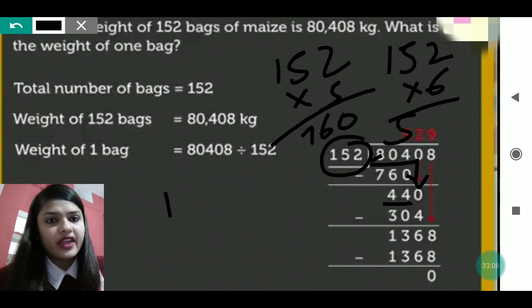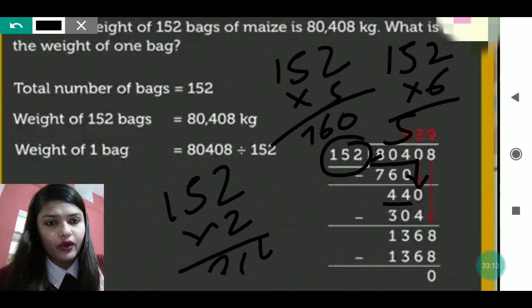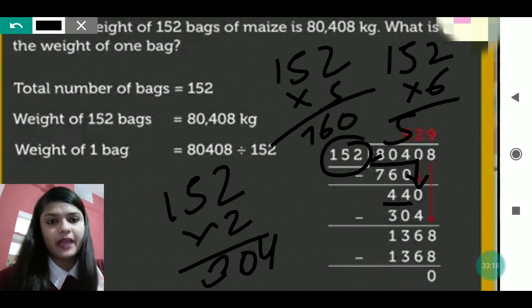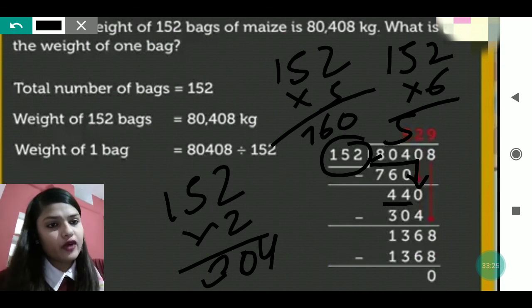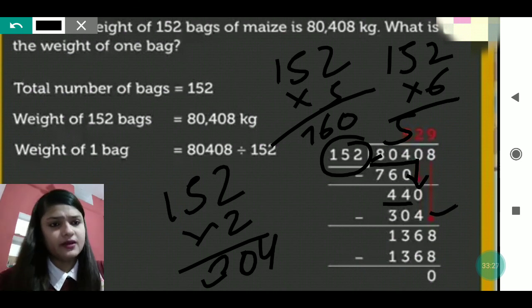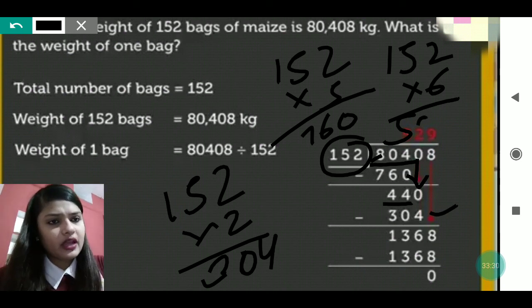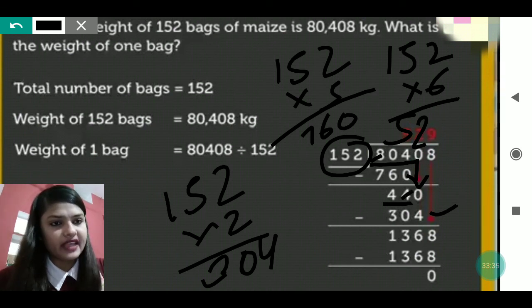When you read the table of 152 two times, you will get 304. When you go further, 3 times, you will get more than 440. So you have to multiply it by 2 times only. So that 304 you will write just below 440, and you will write 2 in the quotient column and subtract. 0 minus 4 is not possible. It will take one carry. It will be 10 minus 4, which is 6. Now here 3 minus 0 will be 3 and 4 minus 3 will be 1.